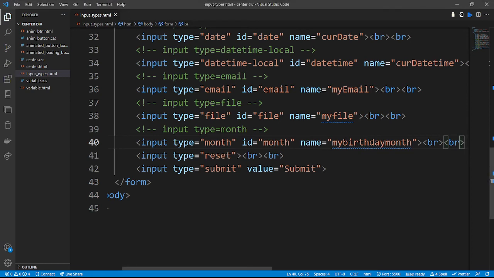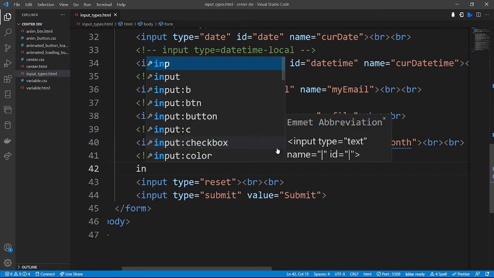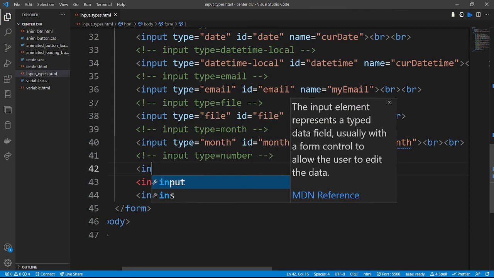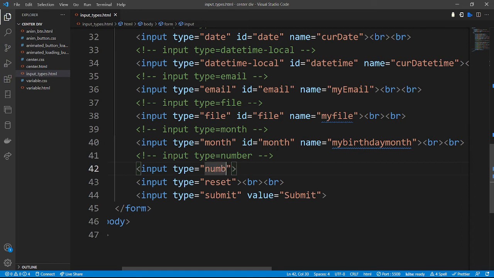Now the next input type will be the input type of a number. So I'm going to comment, I'm going to say input type is equals to number. I'm going to say input type is equals to number,